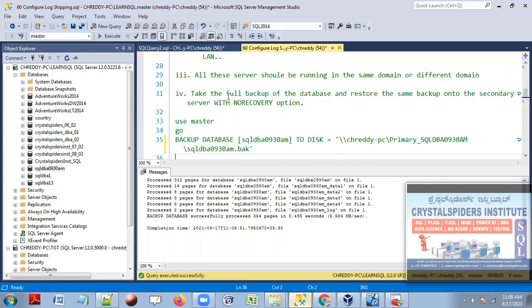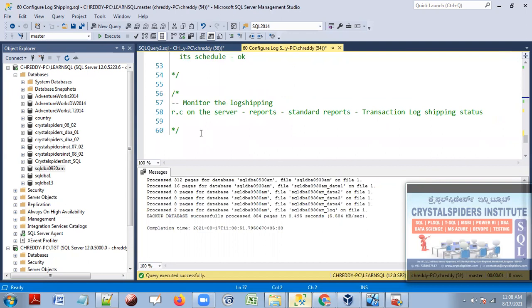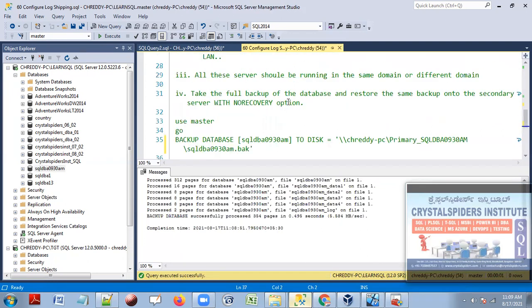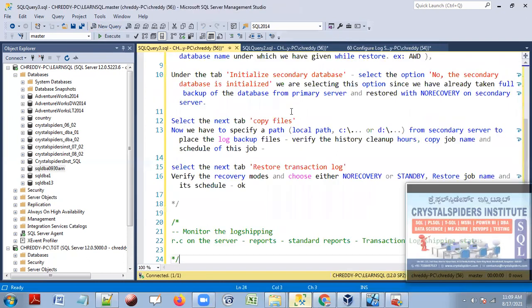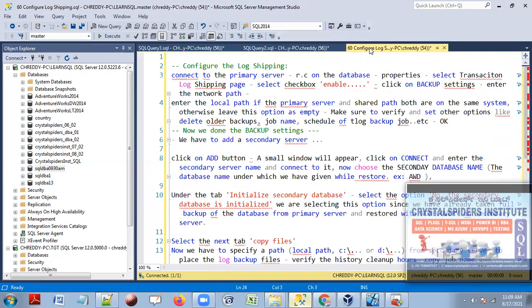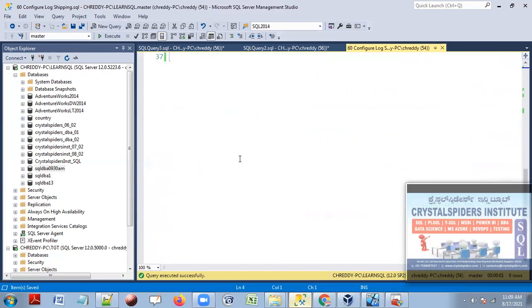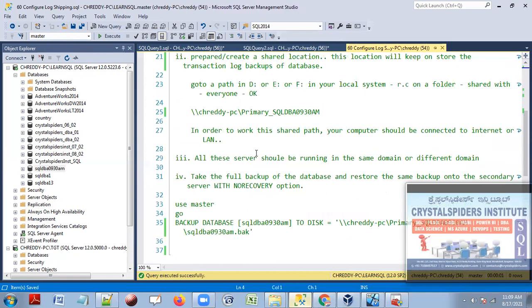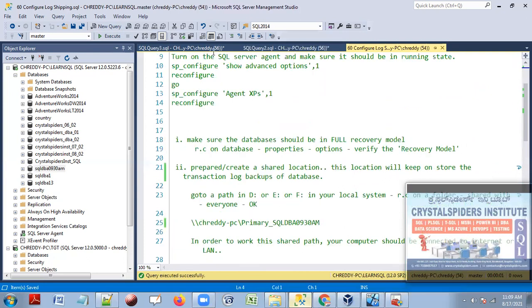So now these are all the prerequisites, guys. Now we can start. Whatever we've done so far is all one-time activities. And now we are going to do the configuration of log shipping. This is what we have to do for every database. The same activities, we have to do for every database. So far, whatever we've done, these are all one-time activities. We don't need to do them again and again.